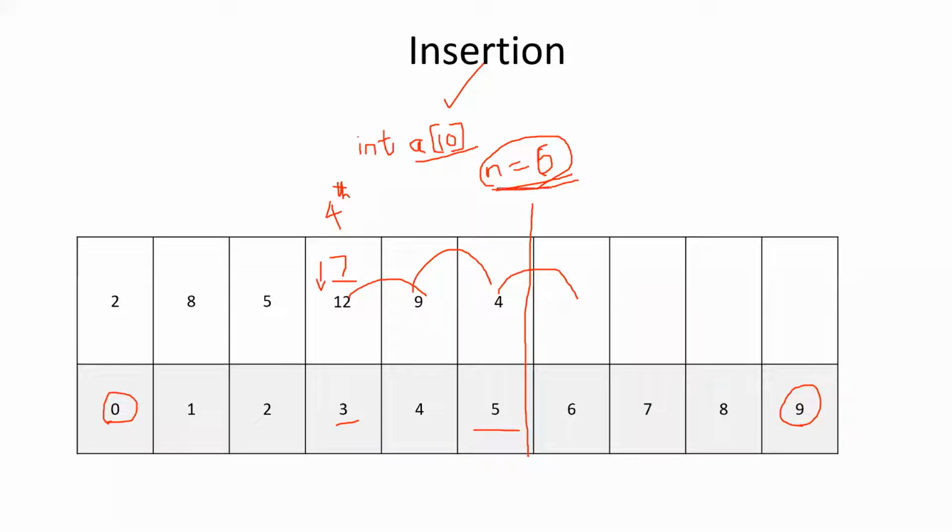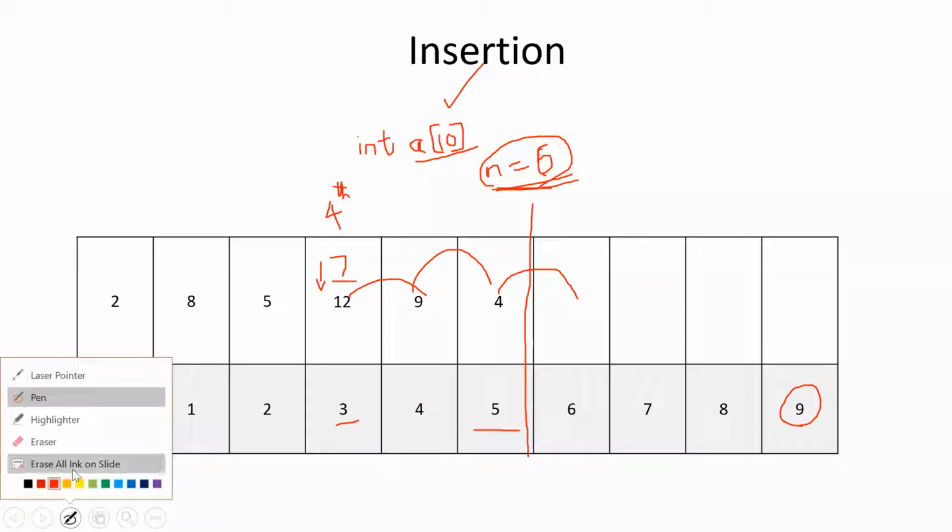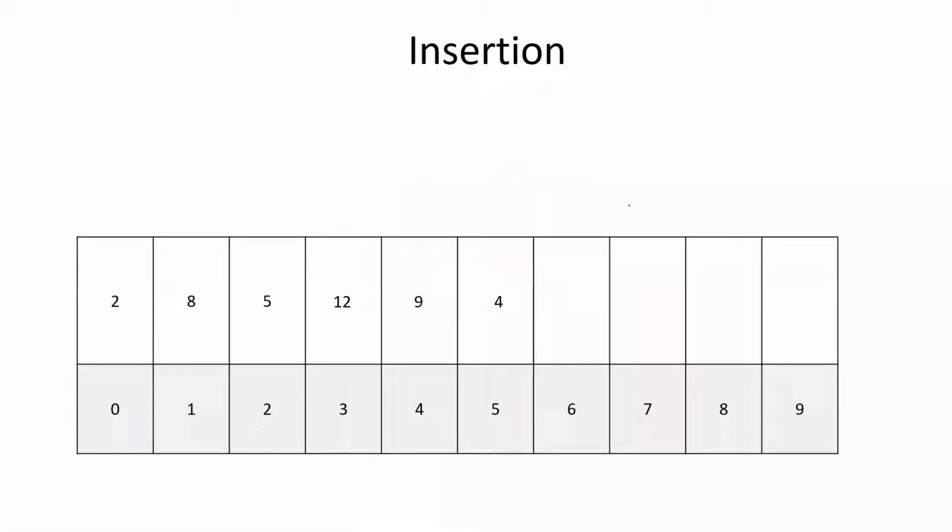So the number of elements matters here, because if you want to insert a number at a particular position, at the end it's okay, right? Insertion of a new number can be at the end also. That doesn't matter; if you want to insert a number at the end, it is very easy. But we are going to implement a program to insert a number in between, at a position among the existing numbers.